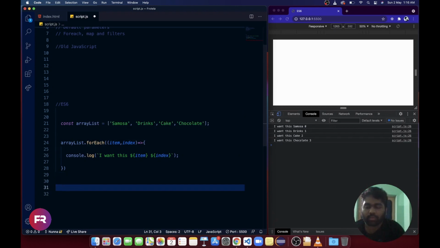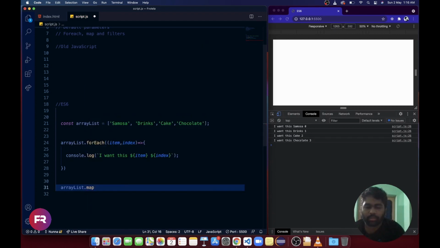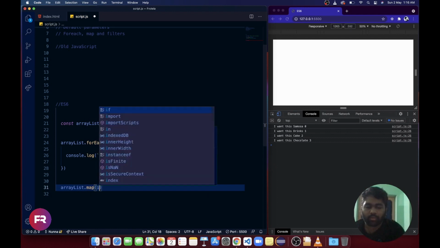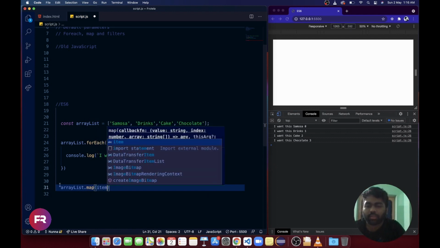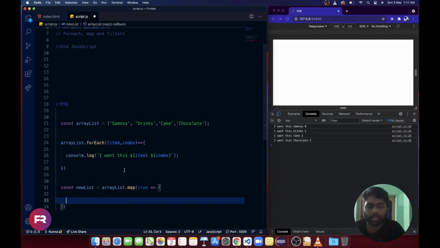Now we'll see about map. Let's suppose we want to reassign this, let's use const newList equals arrayList map of items. Now we want to change the item to something: item plus s, adding s to everything.